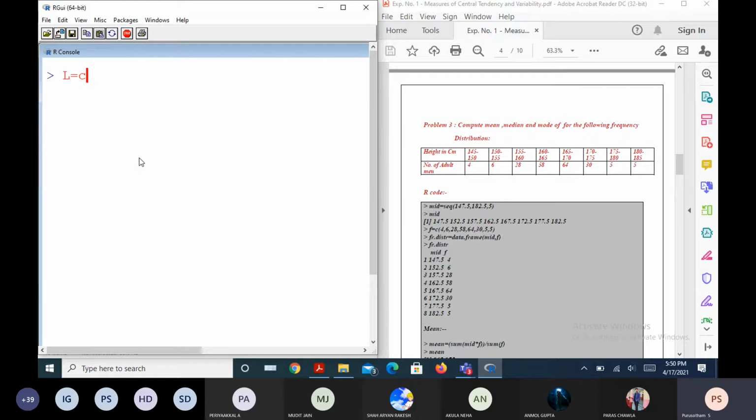So what I can do is a sequence that starts from 145, ends with the lower limit 180, with the space. What is the space between the lower limits? Is it 5 units? Yes, sir.